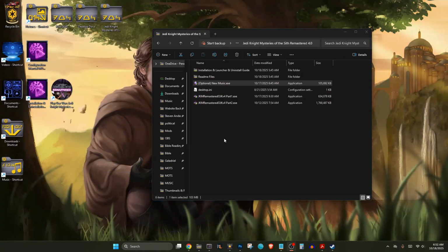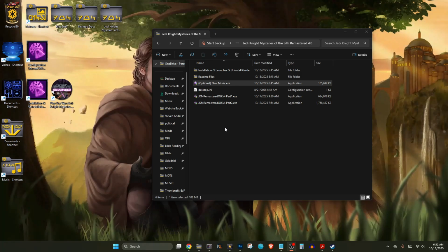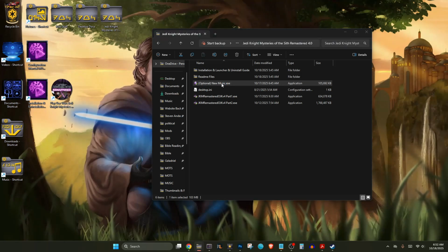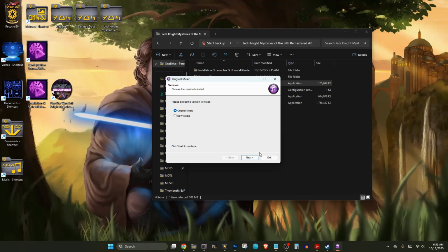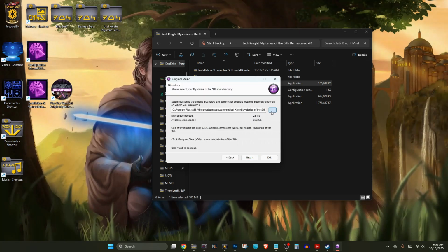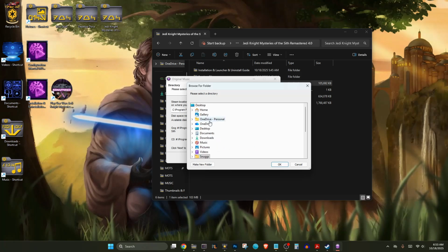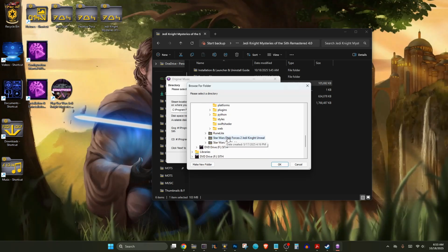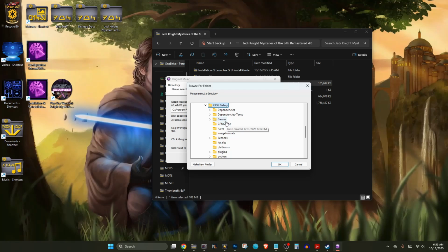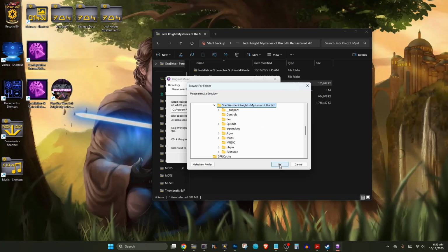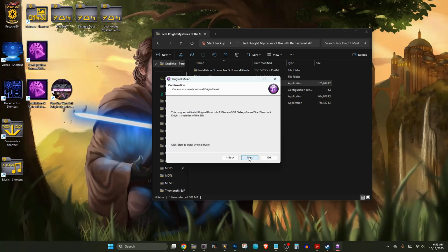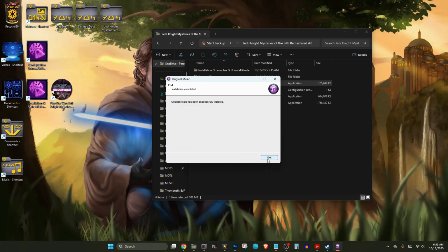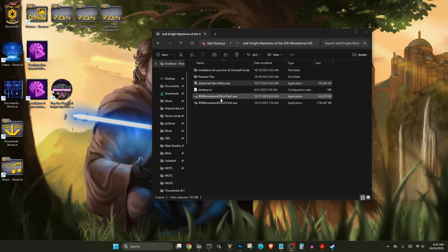There we go. So in order to uninstall, first you can uninstall the music by just double clicking and clicking original music. Change the folder to your GOG Galaxy folder. Mine is going to be different than yours, but mine's in this drive here. GOG Galaxy's games. Oh, not Jedi Academy. Mysteries of the Sith. Click OK, and next. And it'll install the original music. Next,